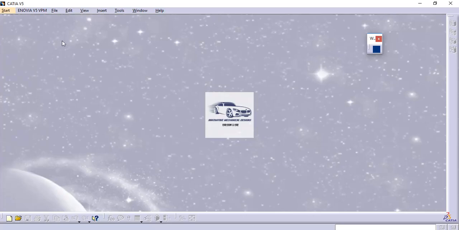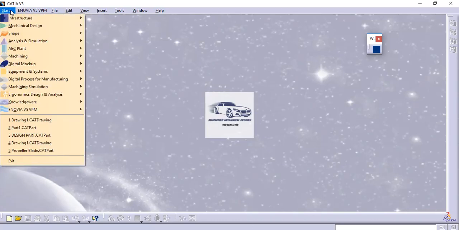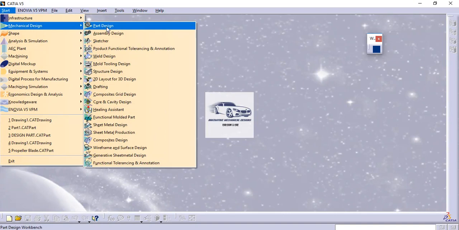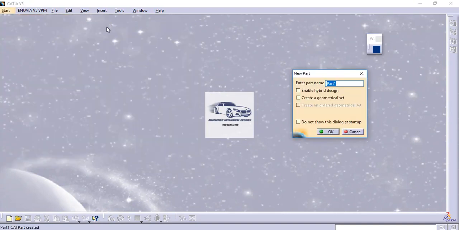So in CATIA we will go to part design. Then here we will give the part a name. For example, let us say I give it a name as revolved part.